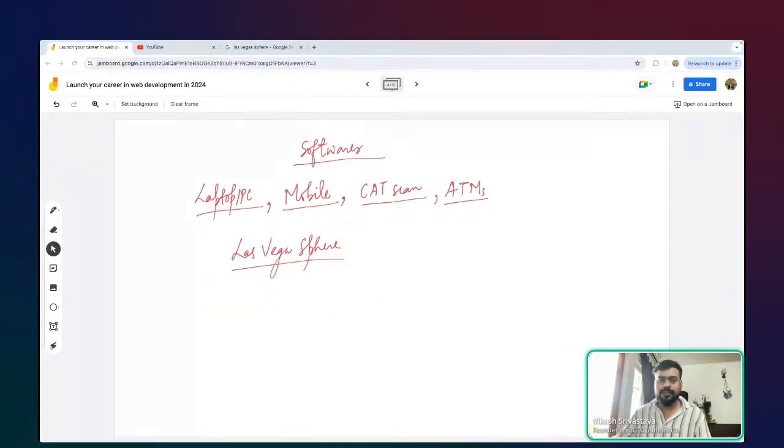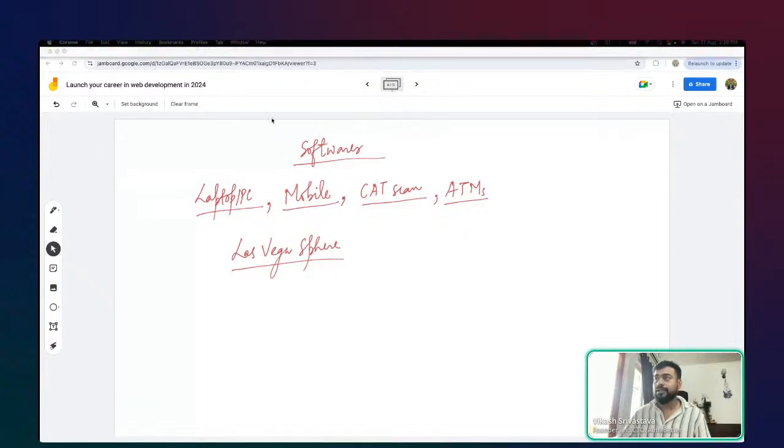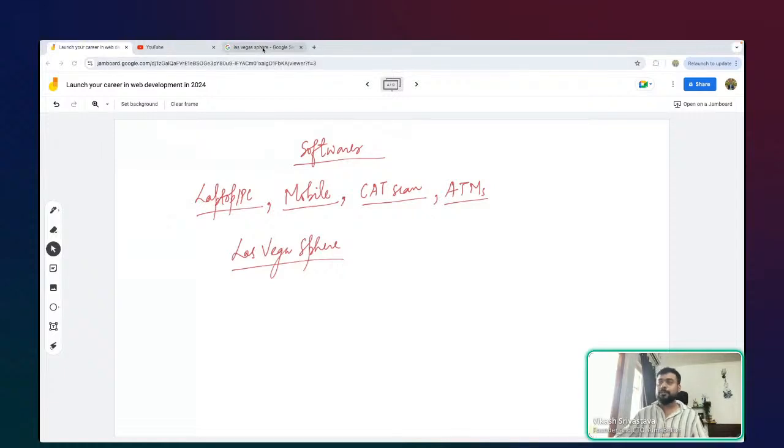Okay. So we are surrounded by this world where we cannot imagine our life without software, right? It has pervaded so deeply in our lives. Another example would be, let's say, you're traveling from Delhi to Bangalore, and you would be flying by an airplane, right?